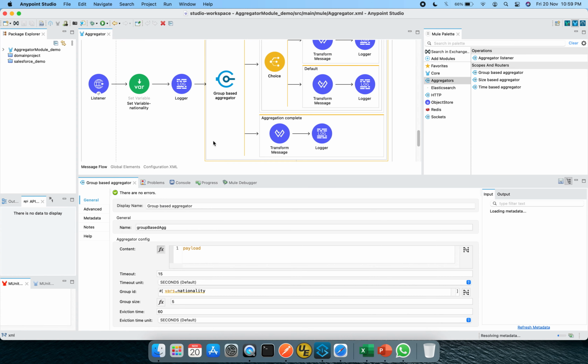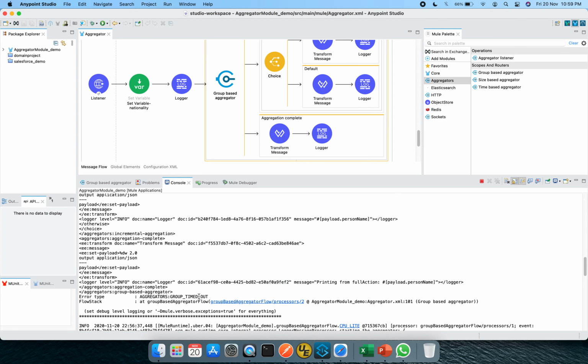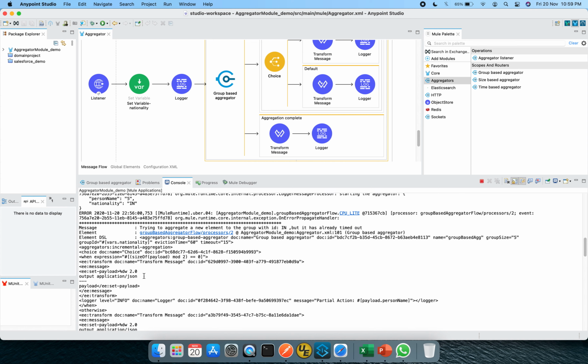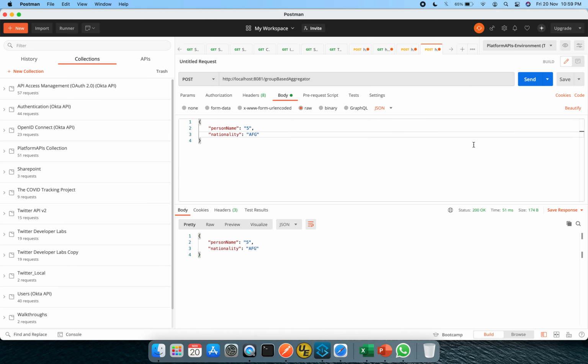One thing, as you have noticed, the eviction time was 60 seconds, right? And we got an error for the Indian nationality for the fifth time when we were trying to put it. Okay, so what I will do now is try to change this and see if that particular group is already evicted or not, because I guess 1 minute is already done. So let's hit it one time. So here you can see it is now allowing this particular value.